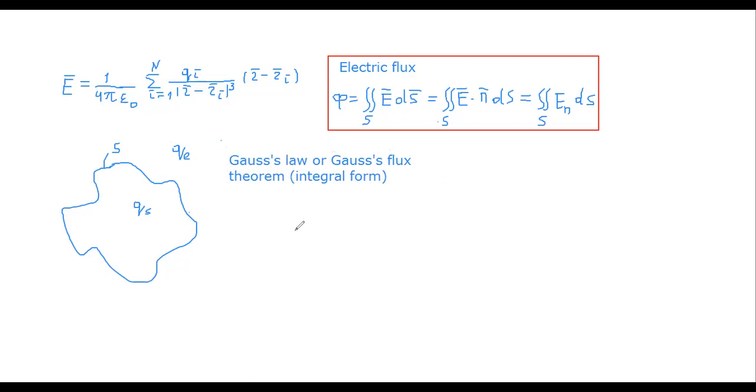According to this law or theorem, electric flux, this circle means that the surface S is closed, and because of this I have written the integral with a circle, surface integral through closed surface of E dS is equal to Q_S divided by epsilon 0,